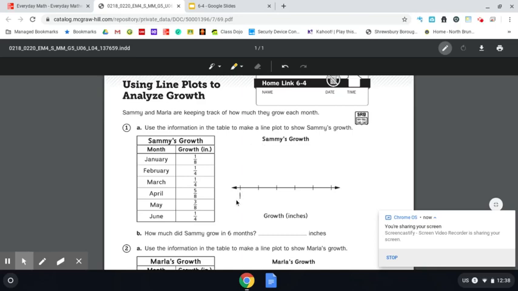So I'm going to start with 1/8 here, and I'm going to keep my intervals in eighths. So I'll do 1/8, then 2/8, and 3/8. Now you may be noticing from the list of our data, if you look at February's measurement,